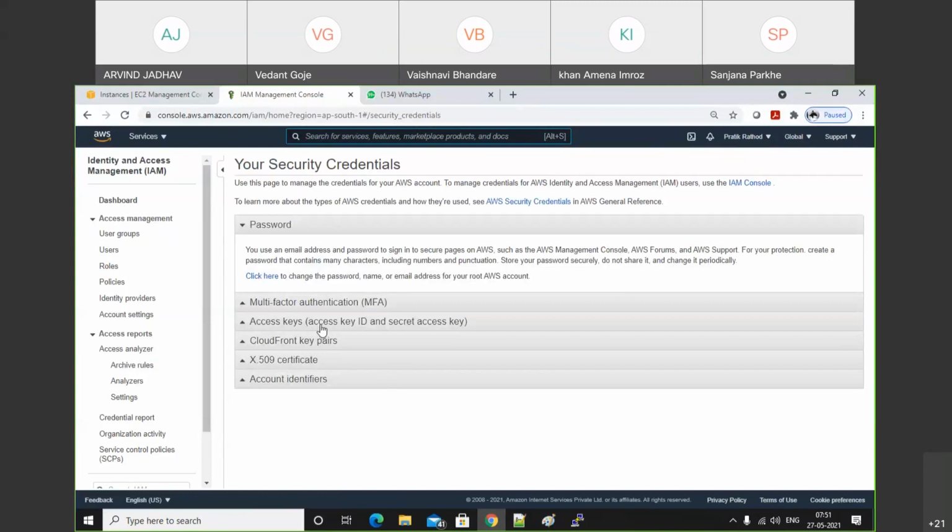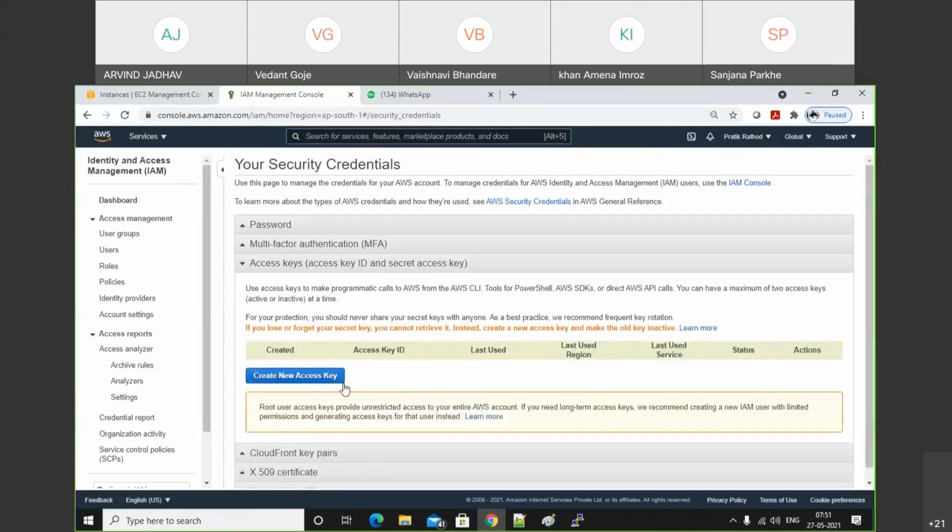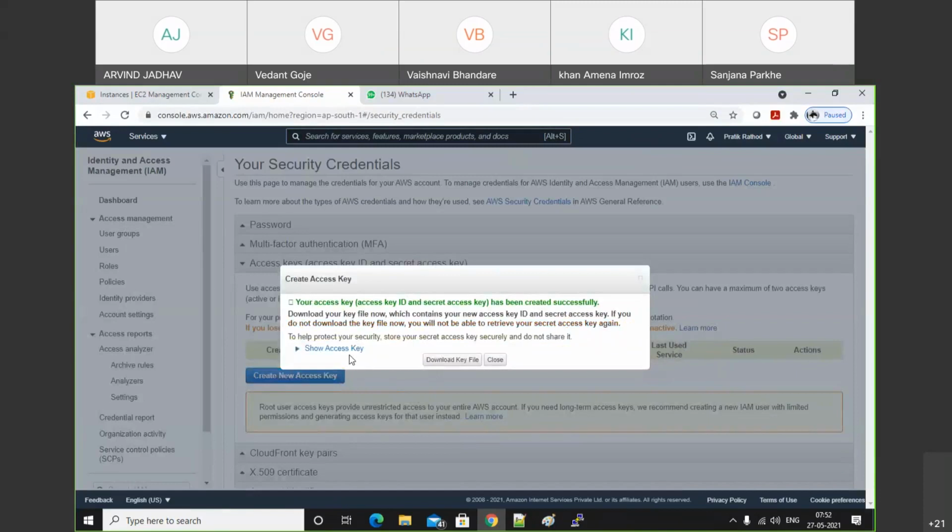And here is your access key and secret key. Click on that. Right now we don't have any access key and secret key. So click on create new access key and secret key. Click on that. Just download it, one time only.